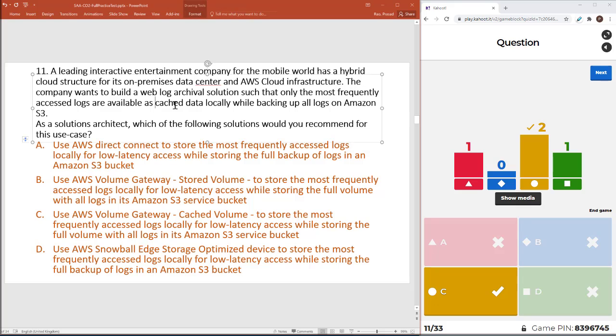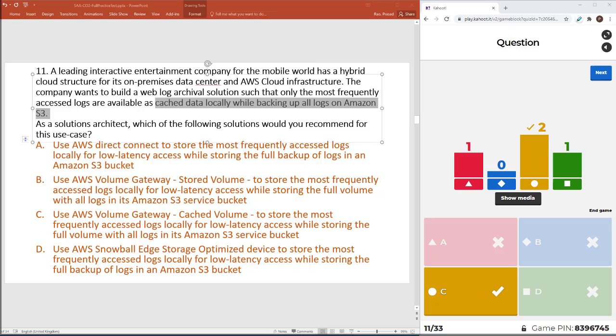So they want two things here. One is that the data should be backed up onto S3, and the data should be cached locally. And for that, we have AWS Storage Gateway, and AWS Storage Gateway has multiple types. We need to understand all the different types of the gateway, and in the Volume Gateway, there are two types: stored volume and cached volume. So you should understand that. Let me probably show you that